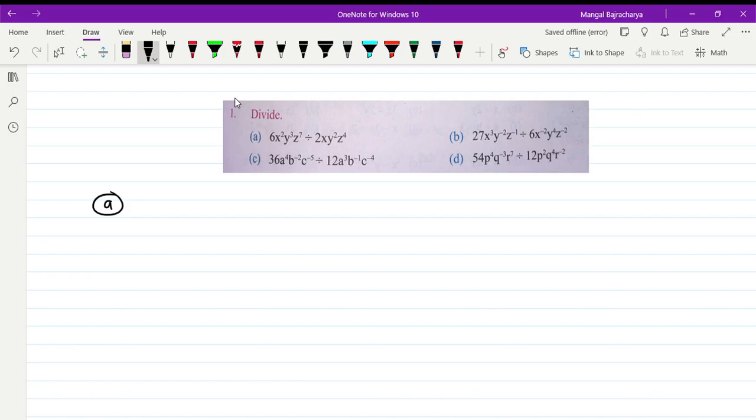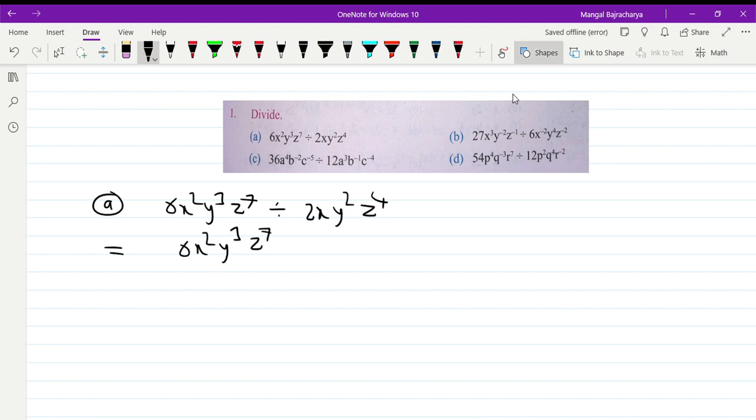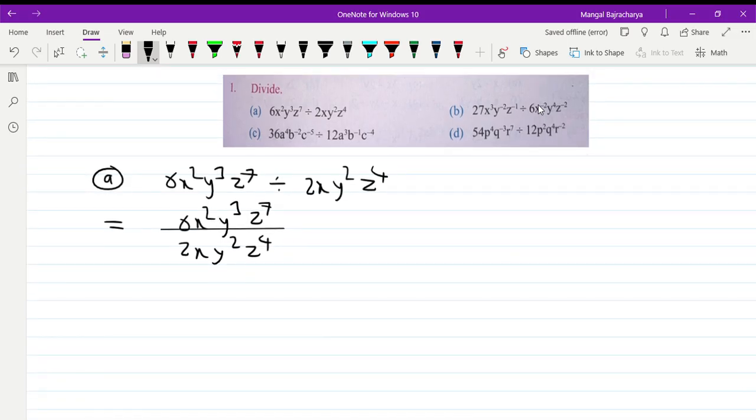So in number A we are asked to divide 6x square y cube z power 7 by 2x y square and z power 4. So first we rewrite it in normal form, with the division sign, right? By 2x y squared z power 4 we do have. Now by 2 this 6 will cut for 3 times, first thing, and then we'll be going with the rule